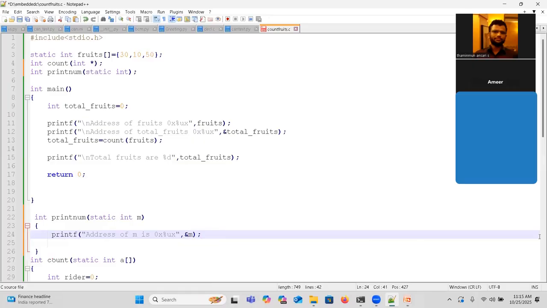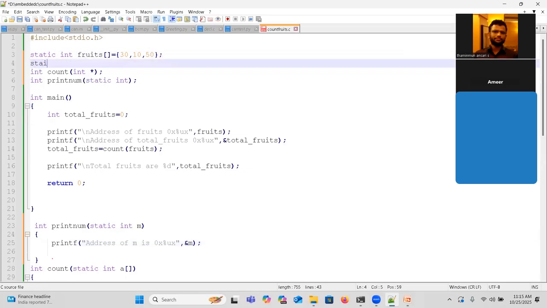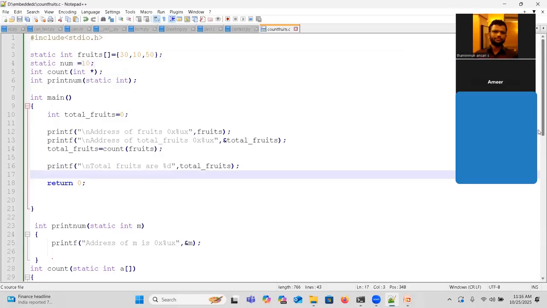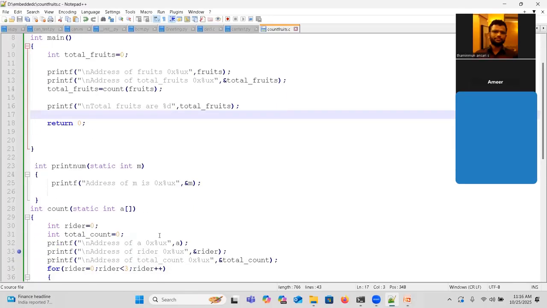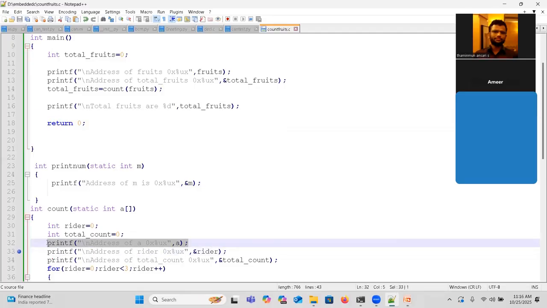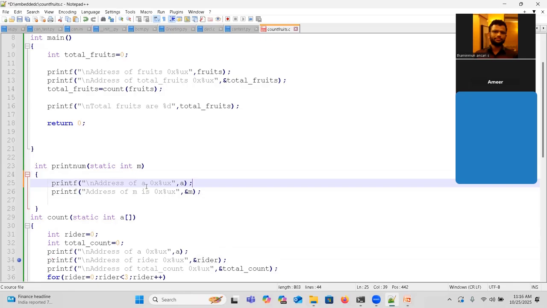Right. So I say here static num 10. So that is a global static variable. Then I pass that variable to this one. So here also I say print address of m is